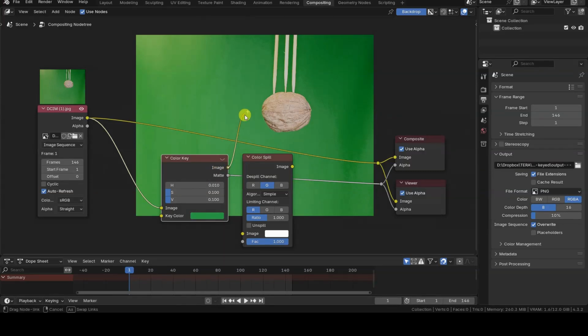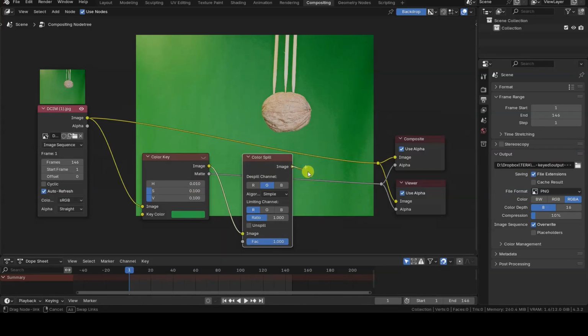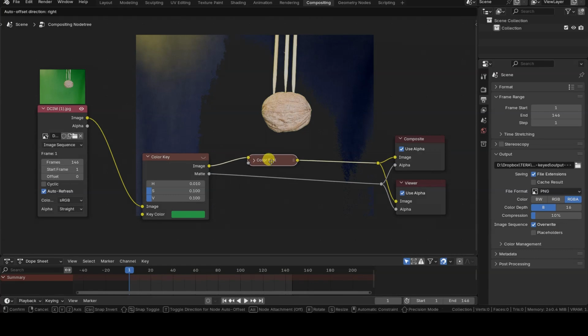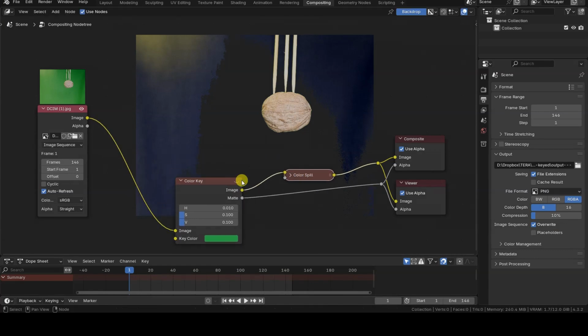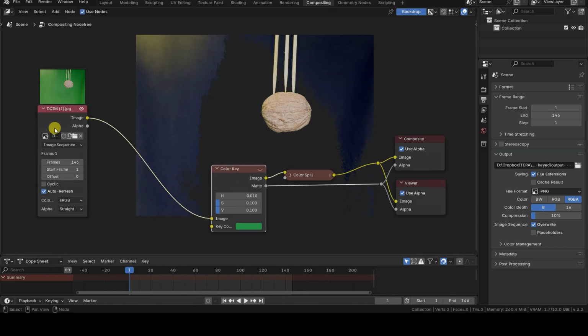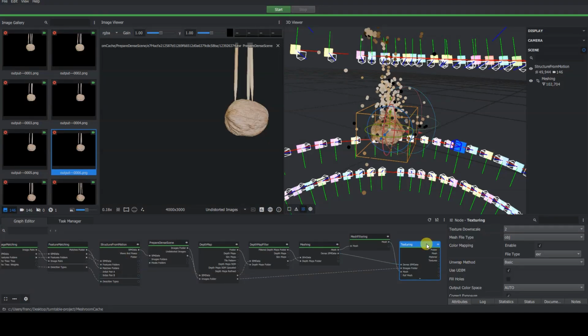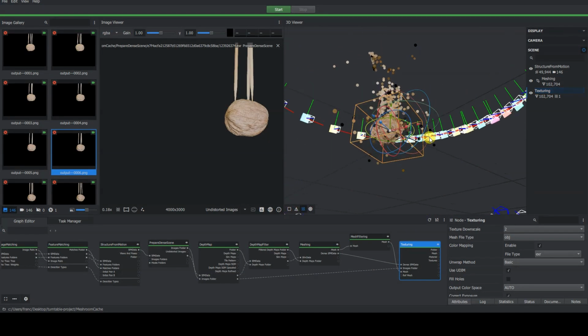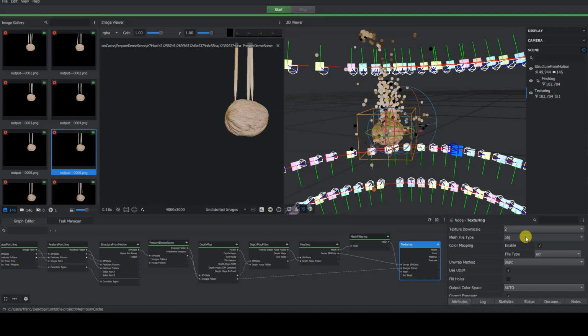One episode will be dedicated to using the color keying and spill nodes in Blender to remove the green background from the photos, so that we can use cleaned-up, transparent images in Meshroom. We will then see how to start the geometry reconstruction in Meshroom, adjusting elements such as the bounding box to reduce the reconstruction area and speed up the process.